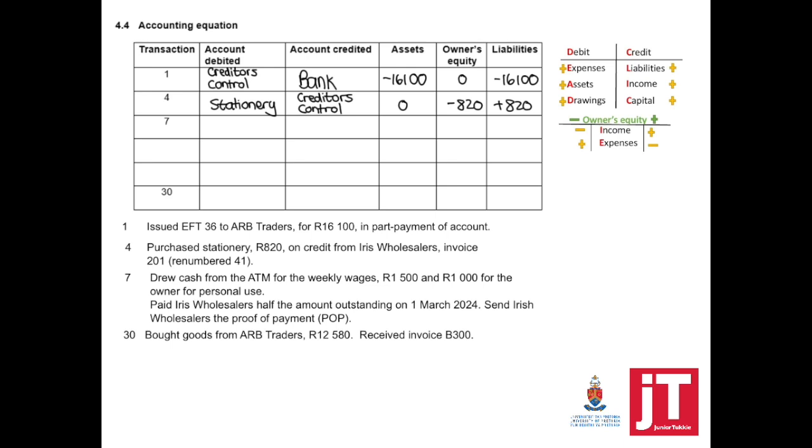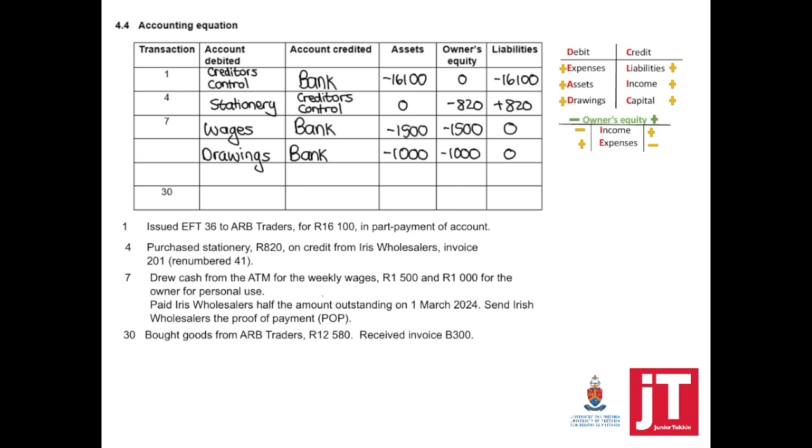On day 7, drew cash from the ATM to pay the weekly wages, 1,500 and 1,000 for the owner's personal use. So the first part of this transaction, and now you need to write it separately. We're going to indicate bank is credited, wages debited. Bank is an asset which will decrease, and wages is an expense which will have a negative effect on my owner's equity. Then I need to indicate for personal use, bank is still going to be credited. Money was taken from our bank account, debited, drawings, minus